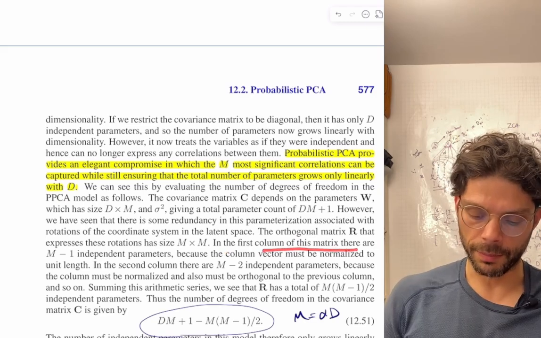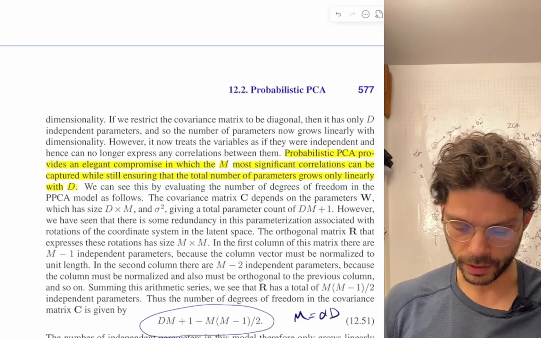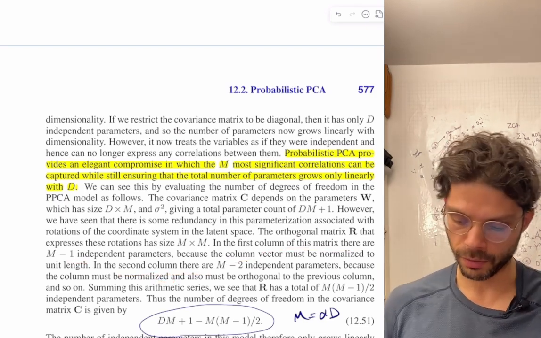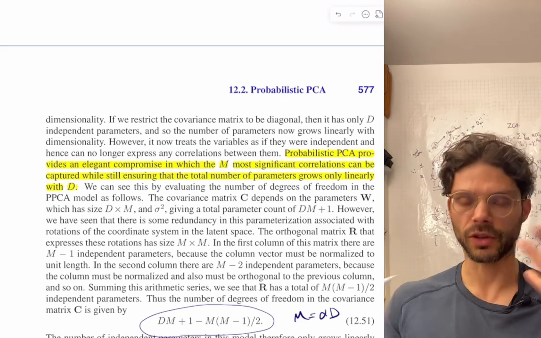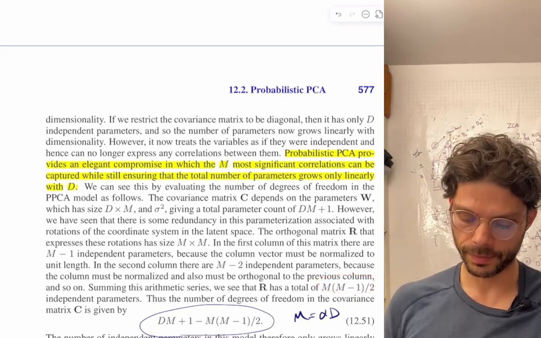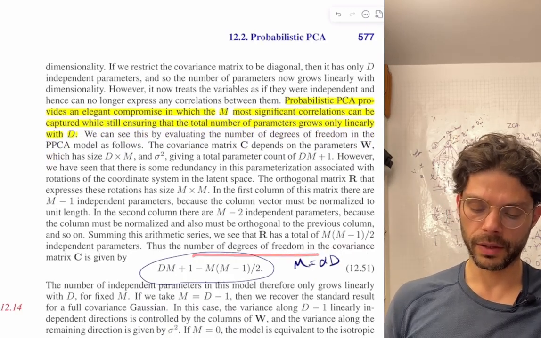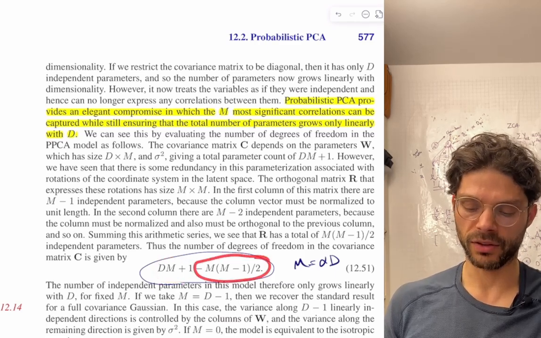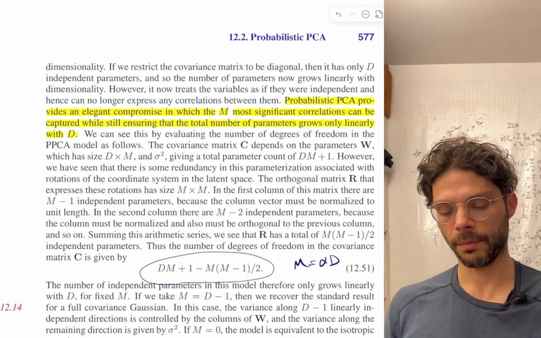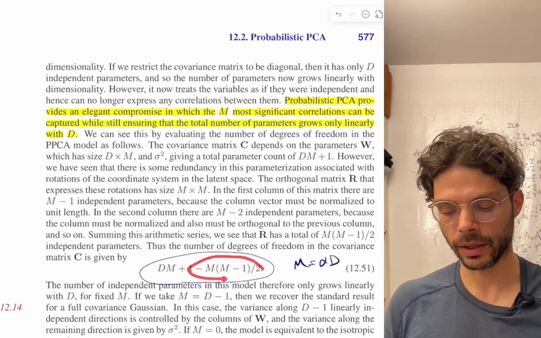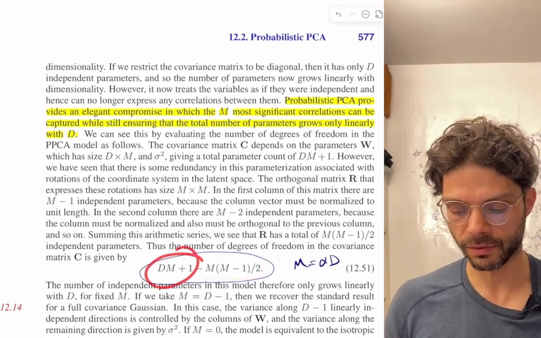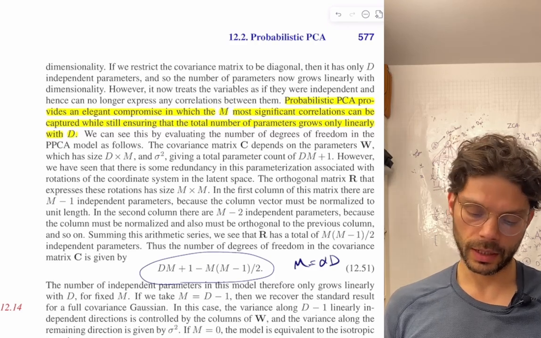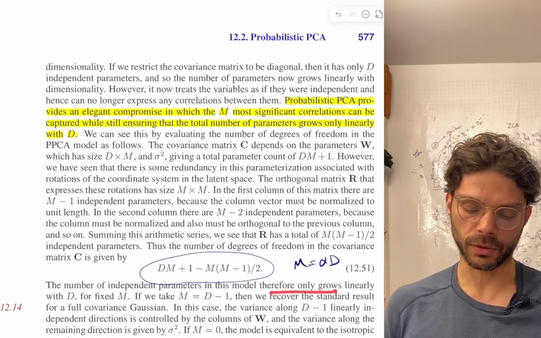In the first column of this matrix, there are m minus 1 independent parameters because the column vectors are normalized. In the second column, there are m minus 2 parameters because it must be normalized and orthogonal to the previous one, and so on. If you continue this, you get a total of this many parameters. So the number of degrees of freedom we have to specify in C comes from W minus the ones we lose in this rotational freedom, because they all give the same C. So the number of independent parameters in this model therefore grows only linearly with D